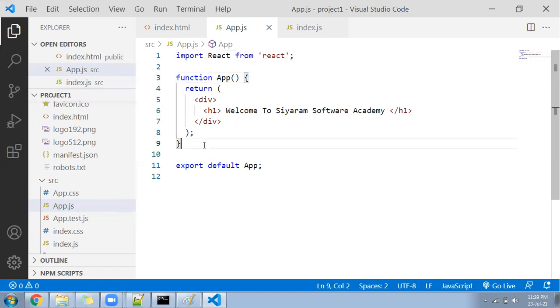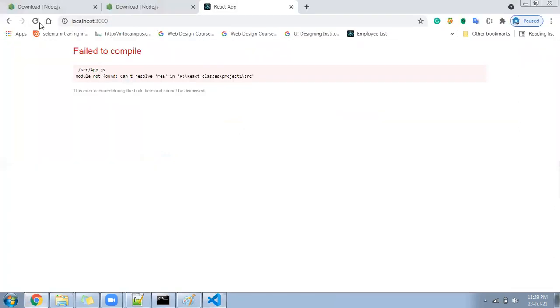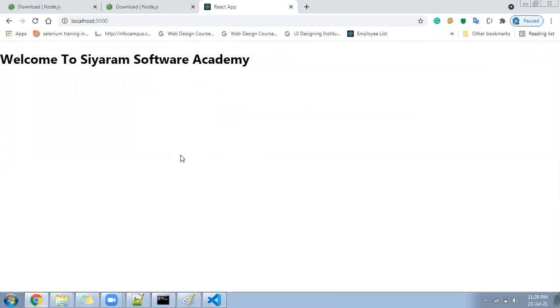Since we discussed in the beginning, this complete tutorial is going to be based on functional components. So I will not use the class component. I will be using the fully functional component only. Okay, let's look at the browser. Everything is the same. It's fine, there is no problem at all.